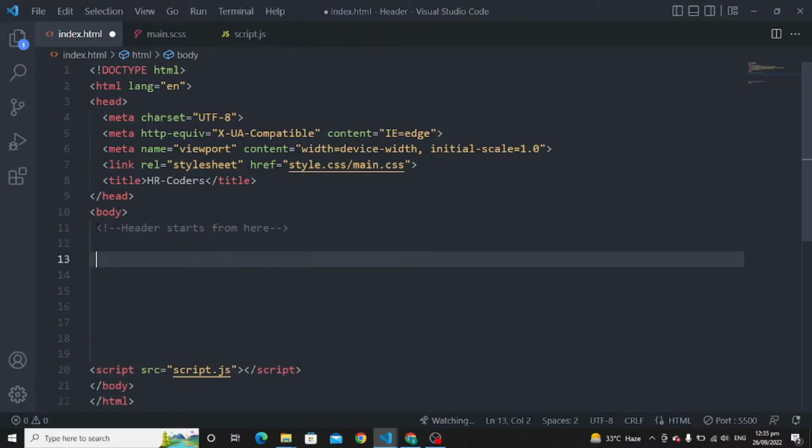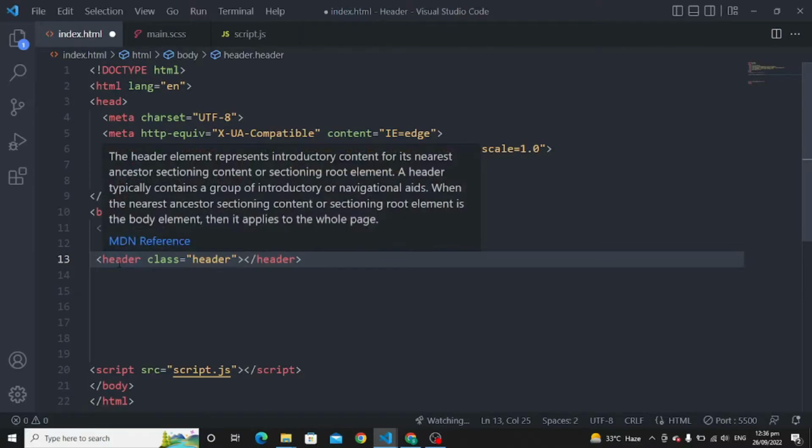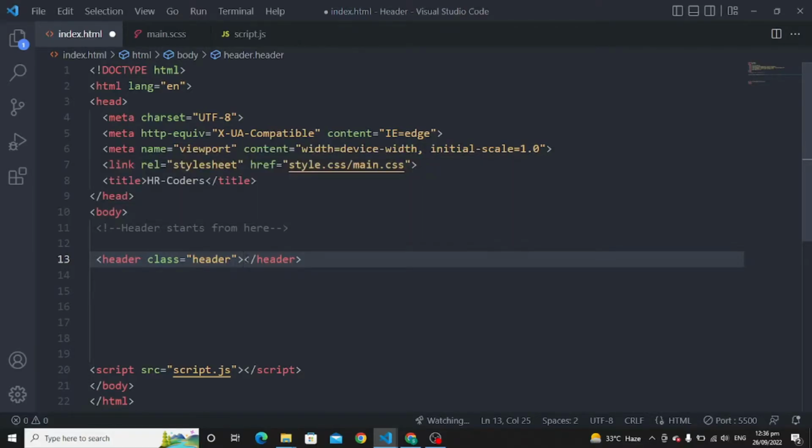Now we are going to write the header. For this, we are going to use a class with the name of header. It means header with the class of header. Okay, then the header will be created with the class of header, and in here we can write